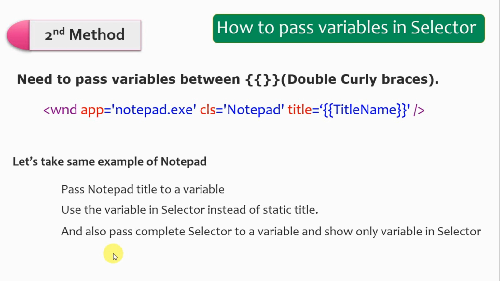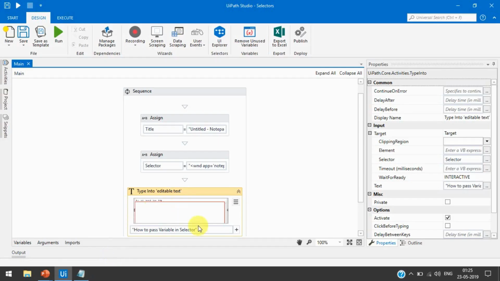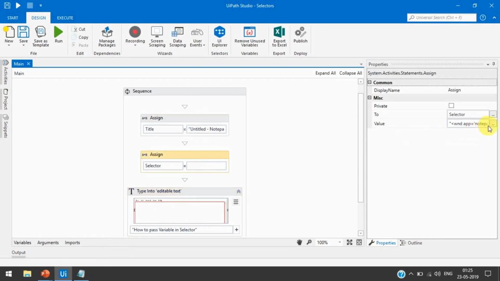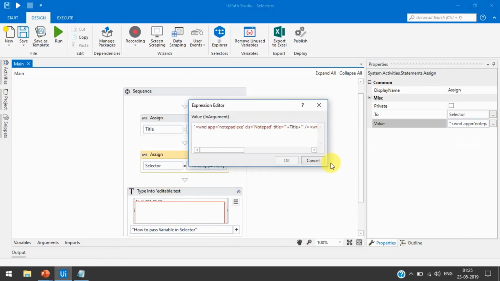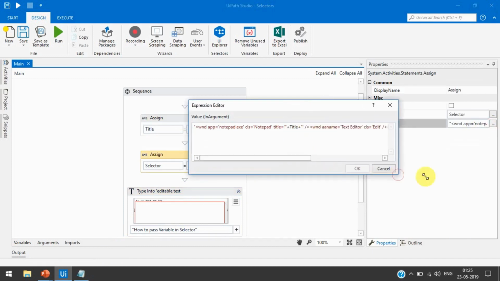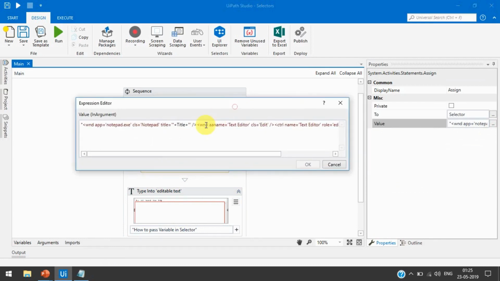So now let's take one example, the same example here, and now I am just going to change here. We just need to remove this part, and instead of this we just need to write opening curly braces 2 times and then closing curly braces 2 times, right?